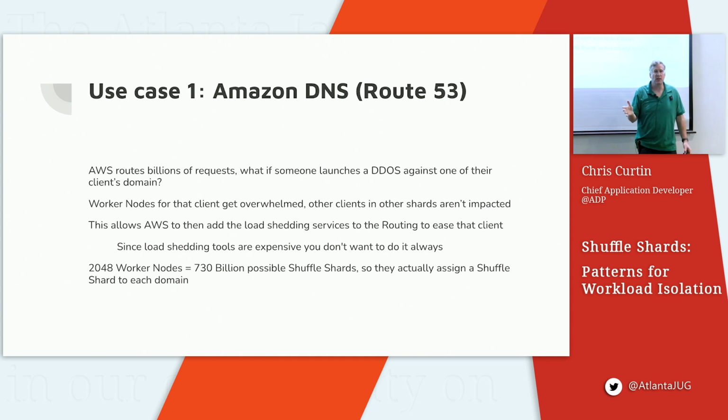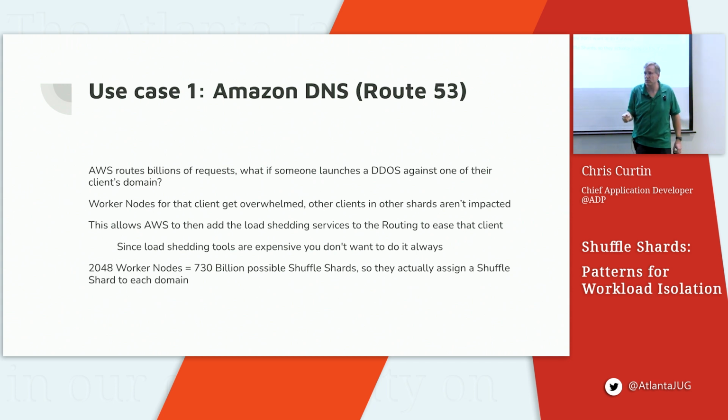Now, of course, in the presentations that Amazon has done in public, somebody will be like, well, why don't you just leave the load shedding tools always there? Those have latency costs. They have to look at every packet. They do deep packet inspection into each one of them. They're expensive. So rather than sitting around with the expensive resources waiting for something to happen, they assign every domain its own shard, and wait for something to go wrong,